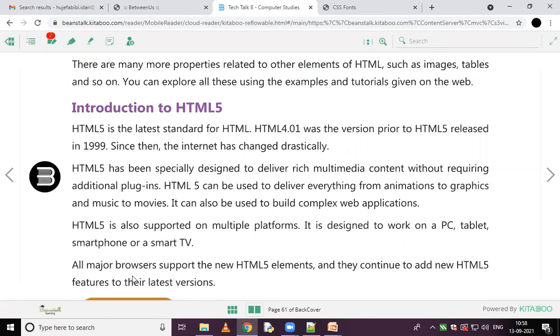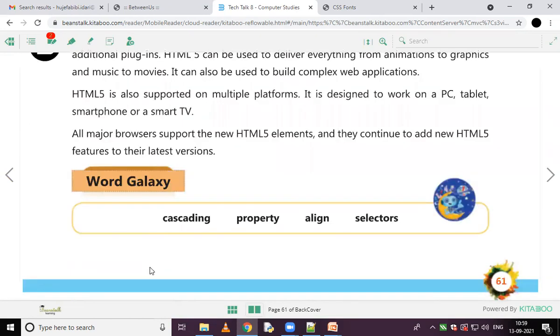It supports multiple platforms. As I told you, in previous years it was not supported on the smartphone and smart TV. It was only supported for the PC and the tablet. All the major browsers support the new HTML elements and they continue to add new HTML features to their